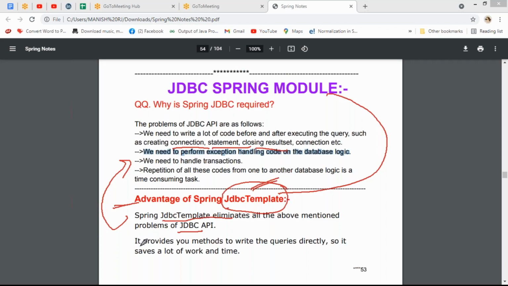Now, in the case of JDBC template, we just have to write the method to execute the query, which is going to save a lot of our time. This is a brief introduction about Spring JDBC. Why not the old JDBC API? Why Spring JDBC? So guys, all of you take down the next subheading as JDBC Spring module and please copy down these points